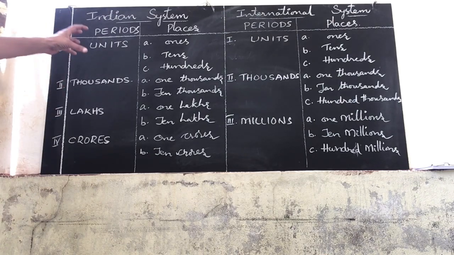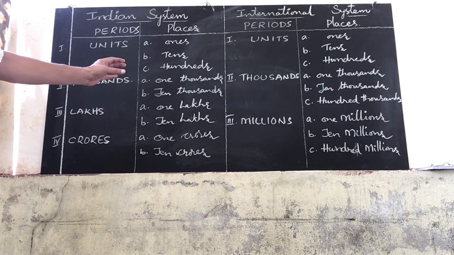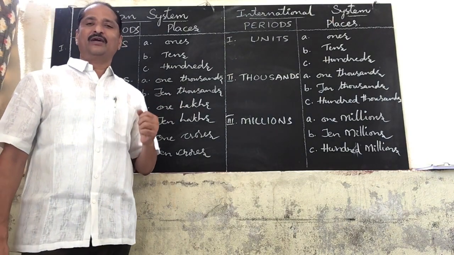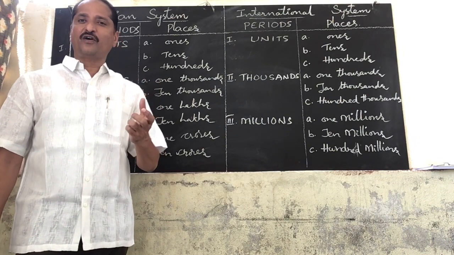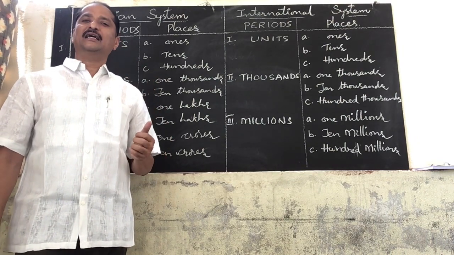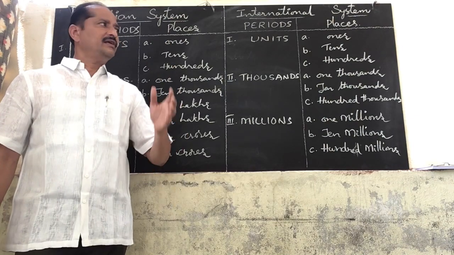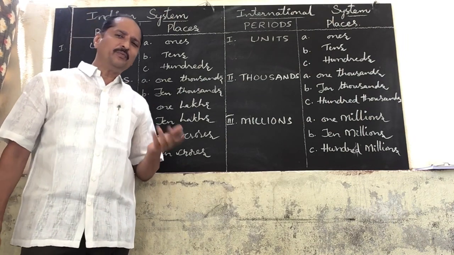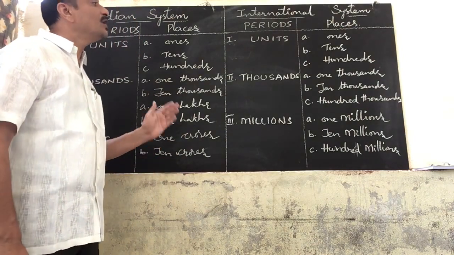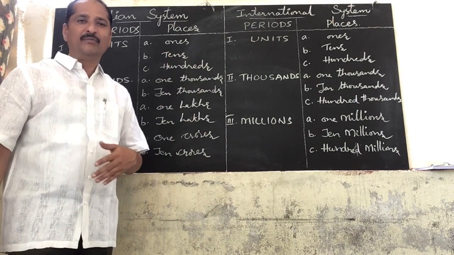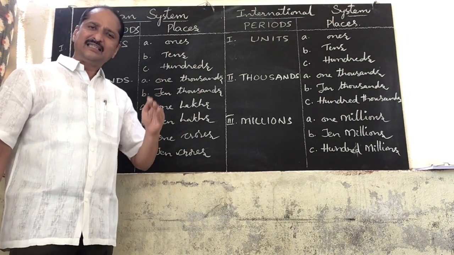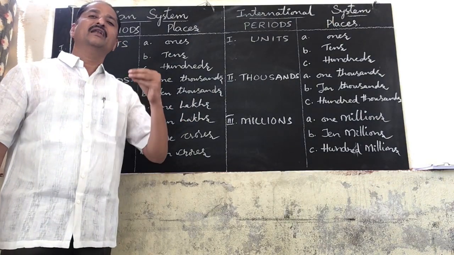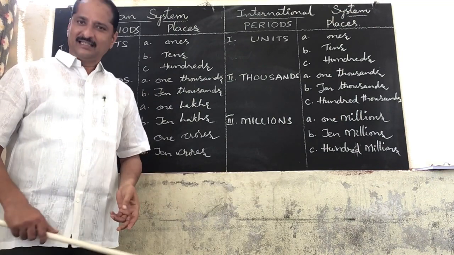Now with the help of these periods, we can write down the number name, the numeral, the expanded form, the short form, comparison of numbers, and like this, any number. It is very, very important to divide the given number into periods. If you divide them into periods, it is easy for us to read the number or write the number name. We can discuss in the next level how to write down the number name in the Indian system as well as the international system.